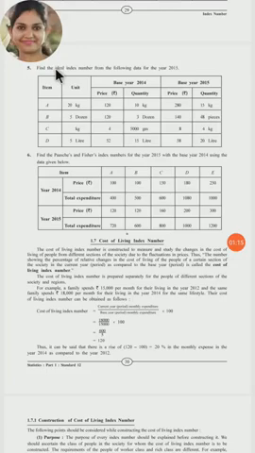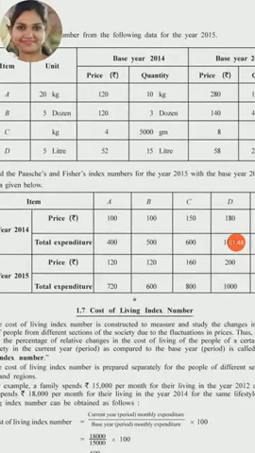So whenever in the exam you have to find the ideal index number, which index number will you find? You have to find the Fisher's index number. This type of sum we have already studied in a previous lecture, questions number 3 and 4. See this question, girls. Here items A, B, C, D are given, and the units are given. But which type of unit is given? See here, 20 kg.